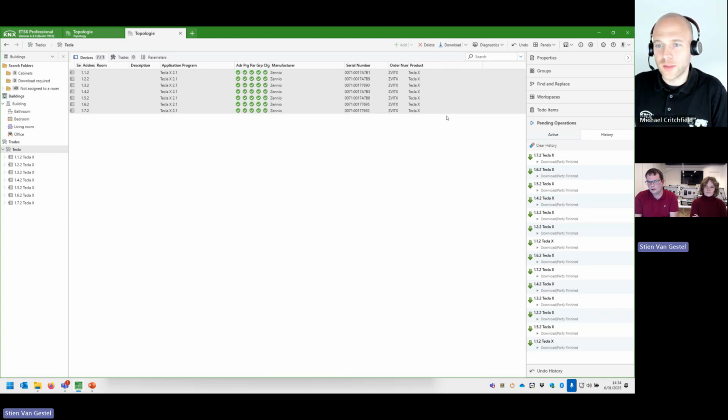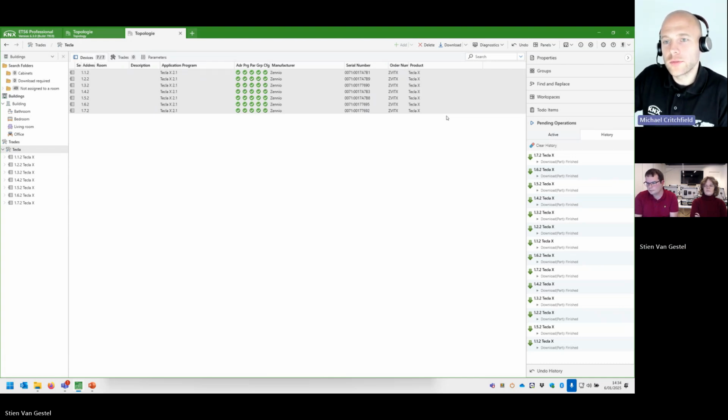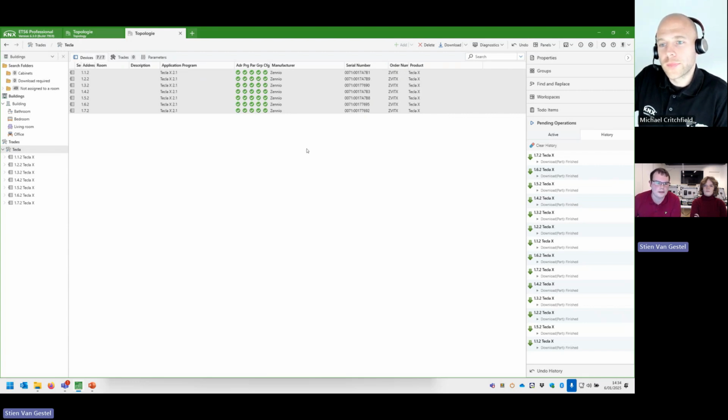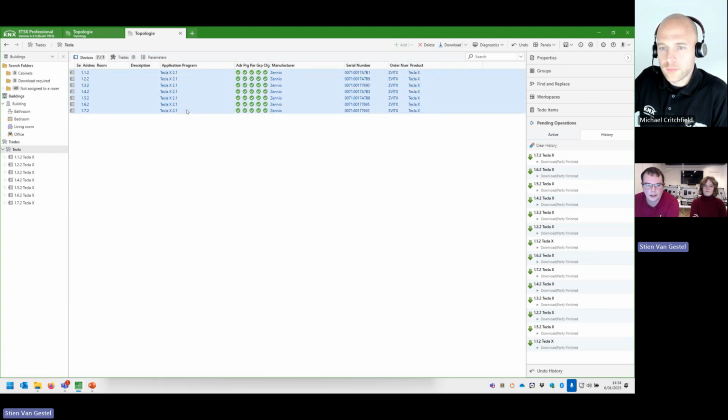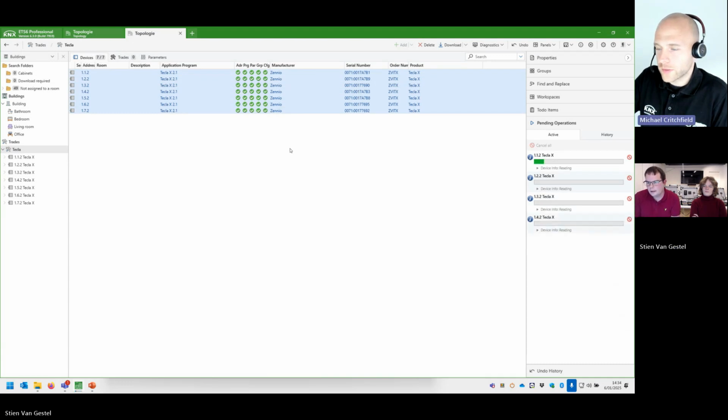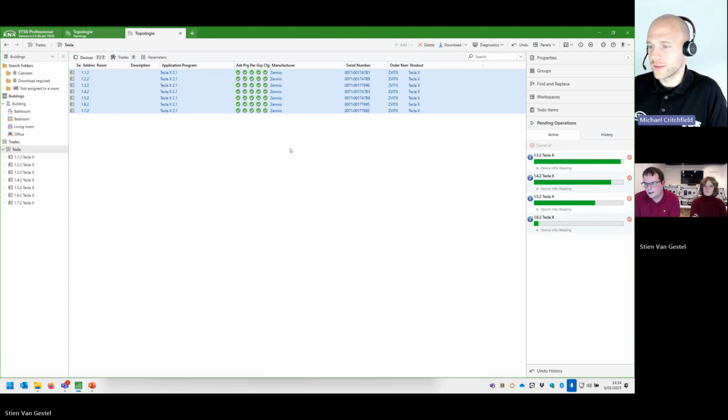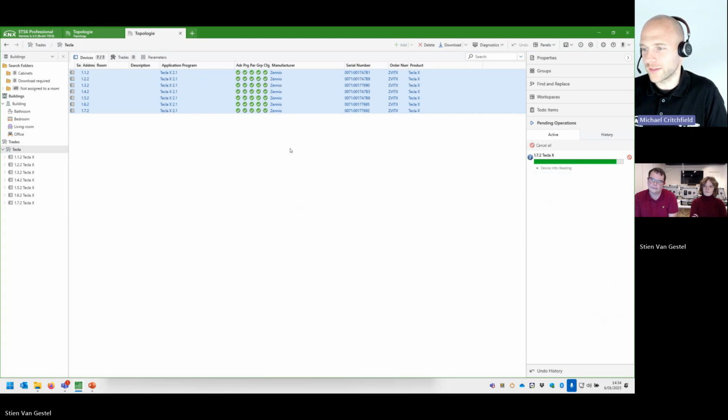Correct. So does this also work for device info? Yeah, it also works for device info. So let's do it for the same Tekla device. Doesn't matter. Yeah, let's take the Tekla. But then again, I need to select everything, and then ask for the device info. And this also works all in parallel. Oh yeah, very good. It's very fast that way.